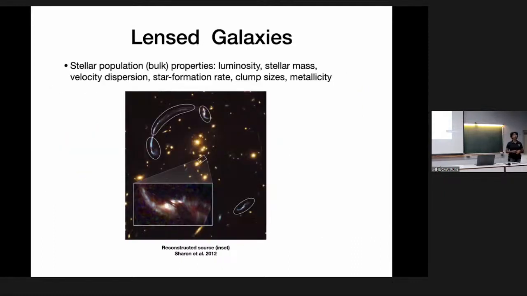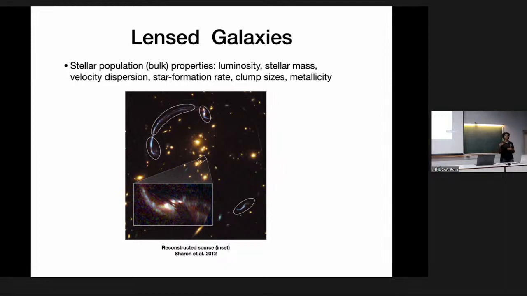All right, so now moving on to other kinds of applications. Apart from studying the foreground object, which is the lens, we can also study the background object with the help of strong lens systems. And this is thanks to the lensing magnification, right? Because of lensing magnification, these systems act like natural telescopes. A very distant source, which would be very faint and harder to see in the absence of a lens, we can now see with much more magnification, much more clarity,